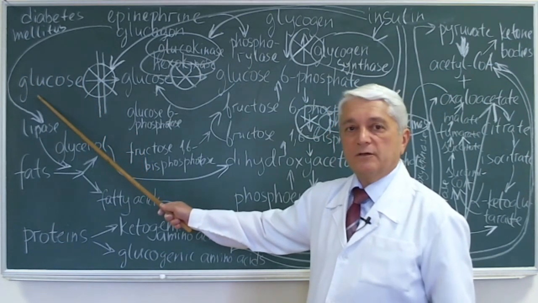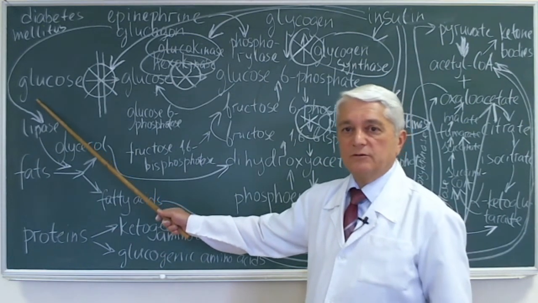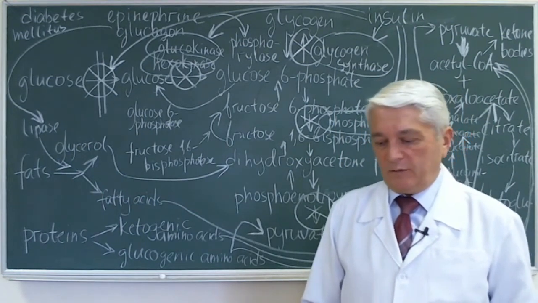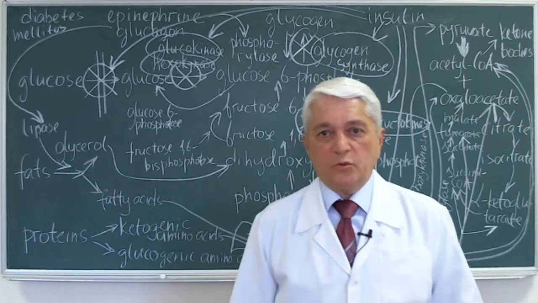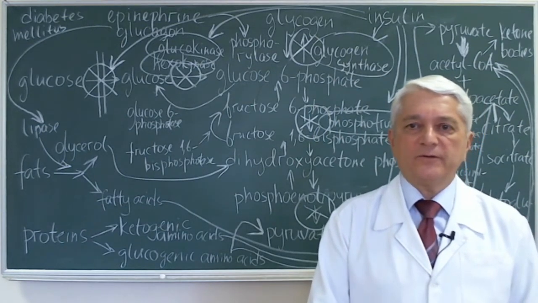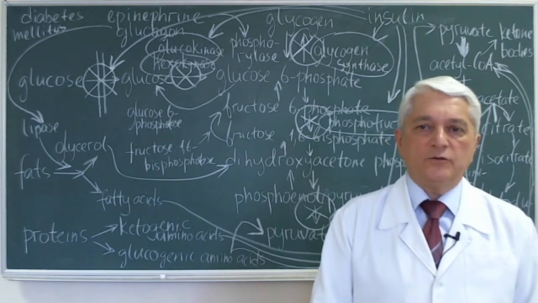The high concentration of glucose in blood and all tissues is very good food for bacteria. But normally we are fighting these pathogenic bacteria with our immune system, and in the immune system